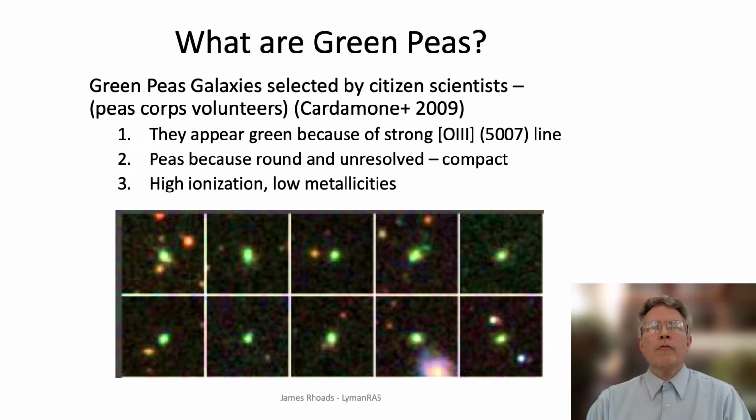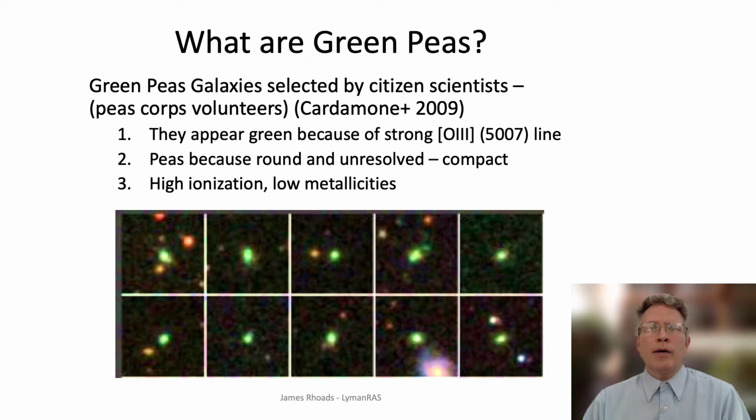So, without further ado, Green Pea galaxies are a class of emission line object in the nearby universe. They're named that because of the way they look in images from the Sloan Digital Sky Survey. When you take a false color image from Sloan data, and you use the usual mapping of Sloan filters to RGB channels,